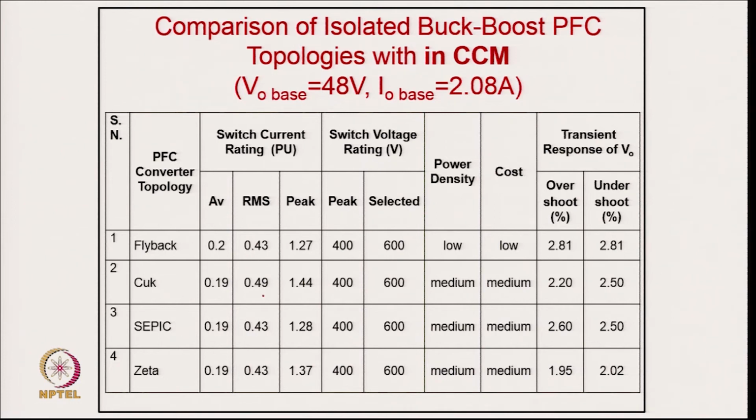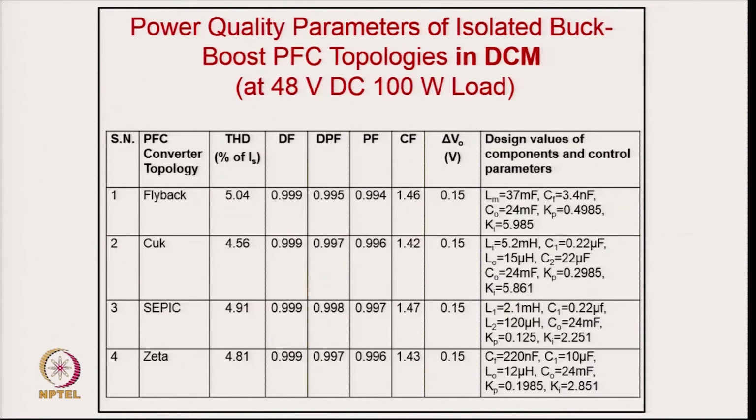I mean, all four you can think about: average current, RMS current, peak current, device voltage rating, device current rating, and then the power density, and of course the response. You can call it undershoot and overshoot in your output voltage. And then coming to the DCM design for all these four converters in discontinuous mode, again with 100 watt and 48 volt for flyback, Cuk, SEPIC and Zeta converters, and these are the THD